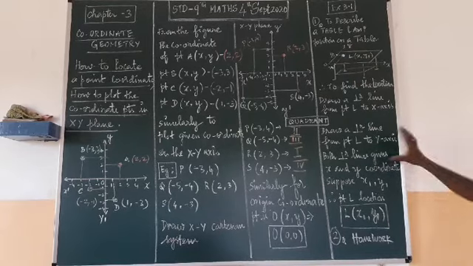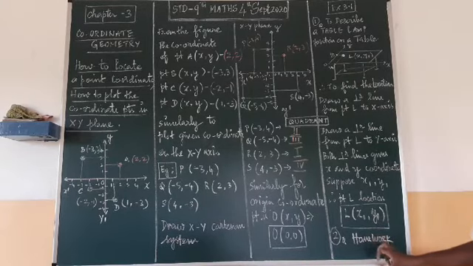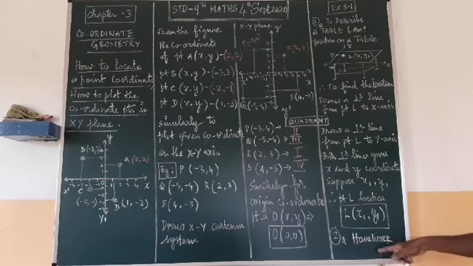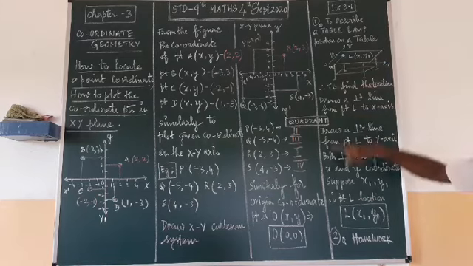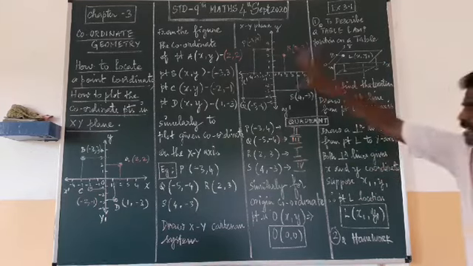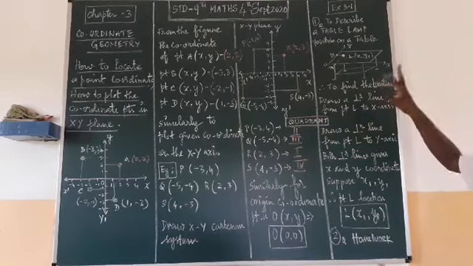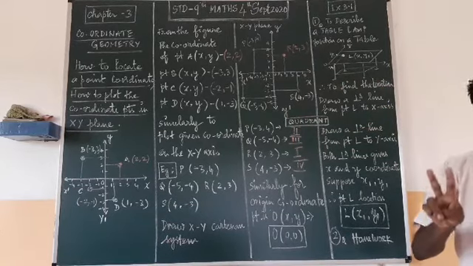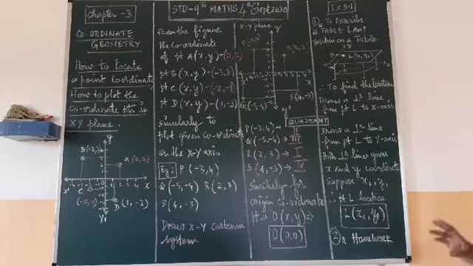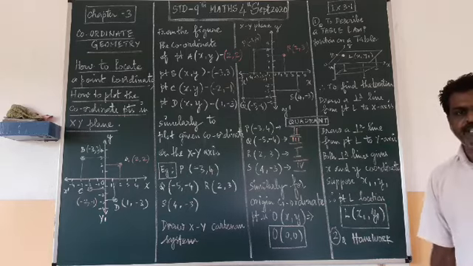Okay, same thing you have to do for the street problem. It is cutting at right angle. So that problem you try as homework. If not possible, I will do it. Okay. Second problem you take as homework. Up to this point, your chapter explanation and exercise 3.1 is completed. Then we will go for 3.2 and 3.3. Only 2 exercises are remaining in this chapter. Very small chapter. Okay. In the later class we will continue. Thank you.